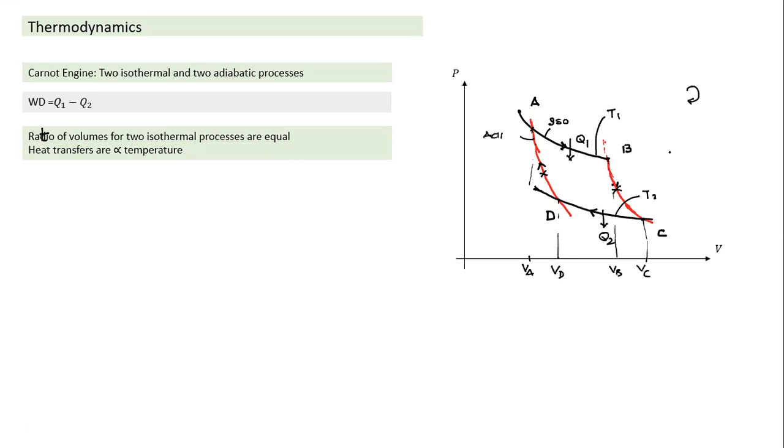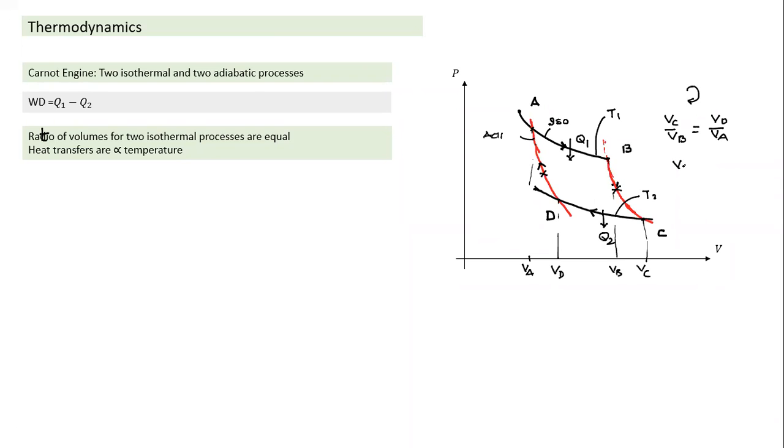So when we talk about VC by VB, it will be equal to VD by VA. Why are these ratios of volume equal? Because in an adiabatic process, volume is related to the change in temperature ratio. Since the temperature ratio for both adiabatic processes is the same, beginning and end, the volume ratio will also be the same. So VC by VB will be equal to VD by VA, which also means